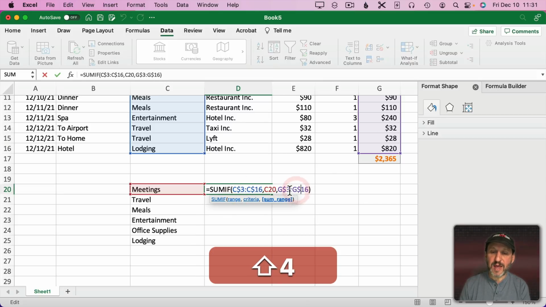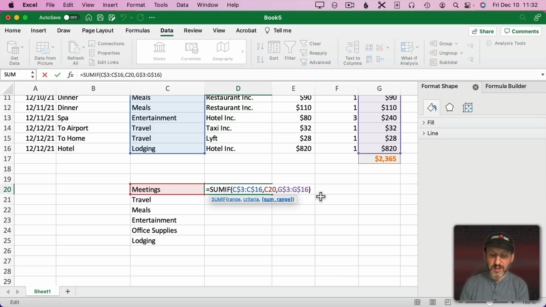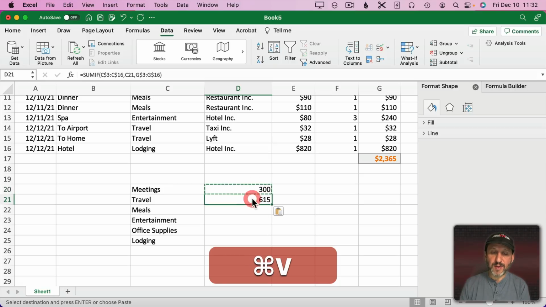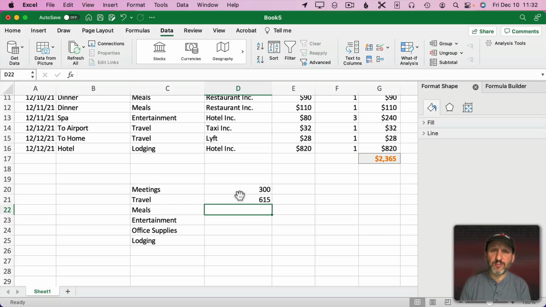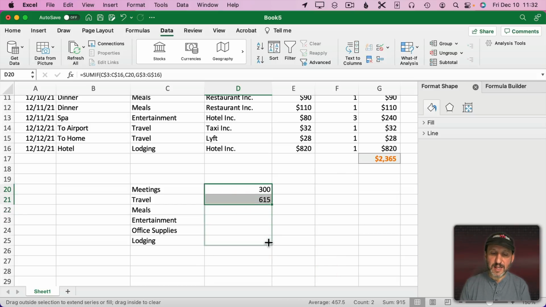I want to make these values absolute. So the absolute value of 3 and 16. Don't change that no matter where I copy and paste this formula. So now when I copy and paste it here it's 615 and notice that 3 and 16 stay the same but C21 changed. It goes down one row there. So now I can select these and extend them and it fills it all in and then gives me the